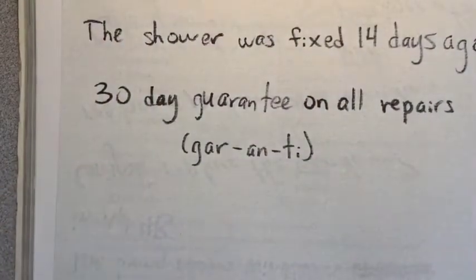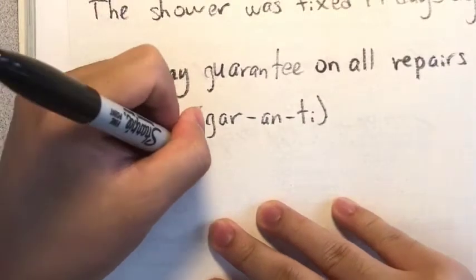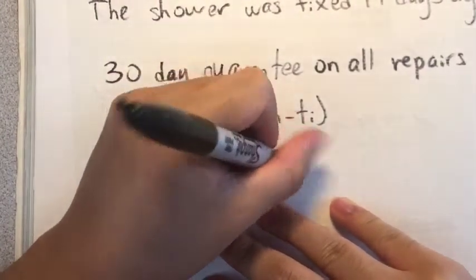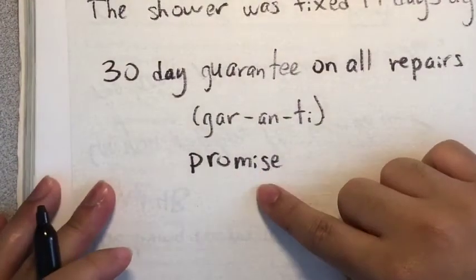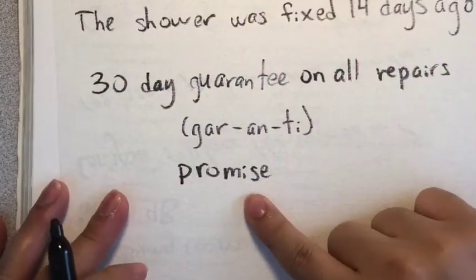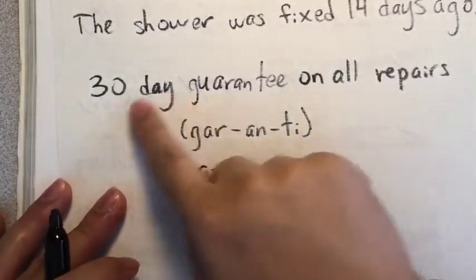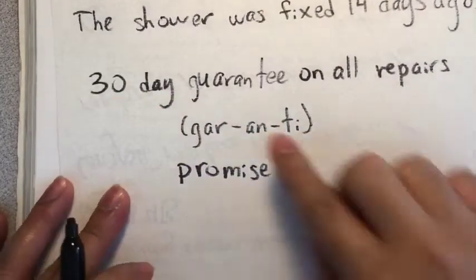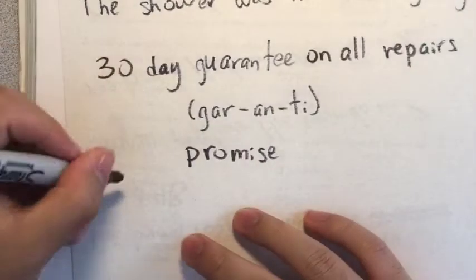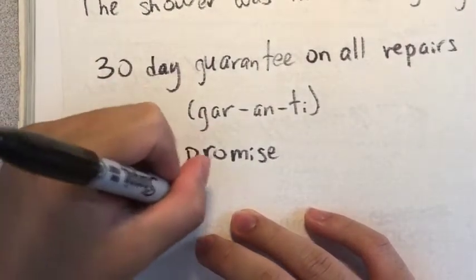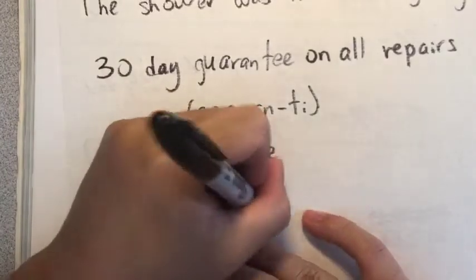Guarantee. A guarantee is a promise. A guarantee is a promise that says, hey, I promise we will do a good job. So what I think a 30-day guarantee on all repairs means is, if you have a problem